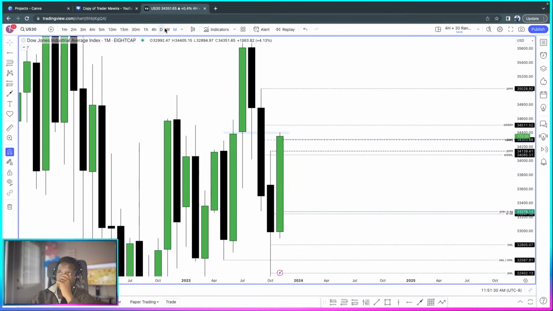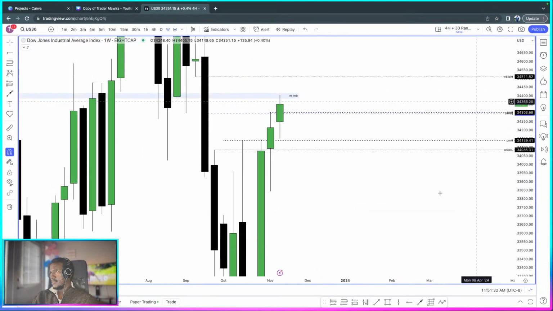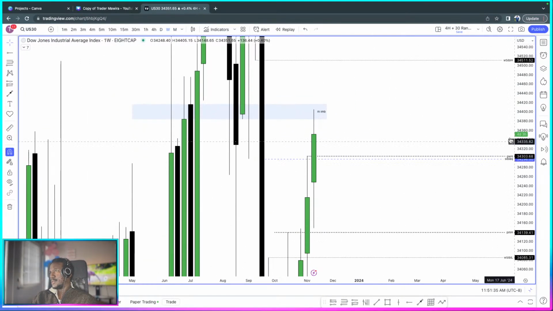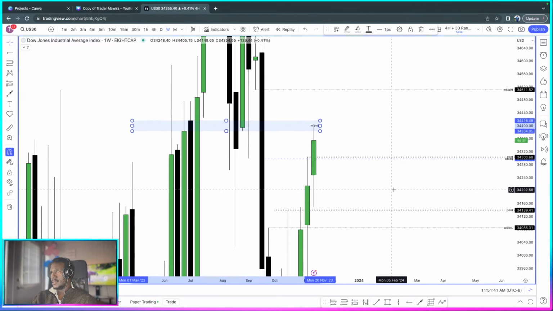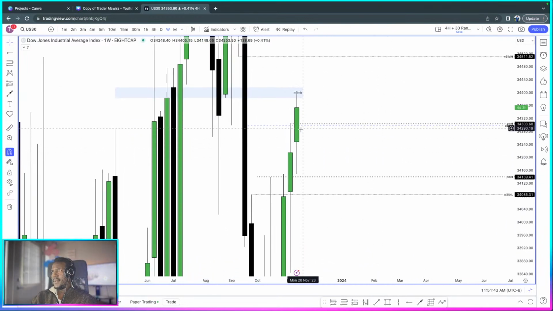So previous week high. It looks like it's a little bit too much, but when we go down to a lower time frame, it'll be okay. Now I like this right here, but I'll leave it alone, because this is the opening gap, the weekly opening gap. I think we can come in, rest in this area, but if we do get here, then that will be enough for our targets for the day.